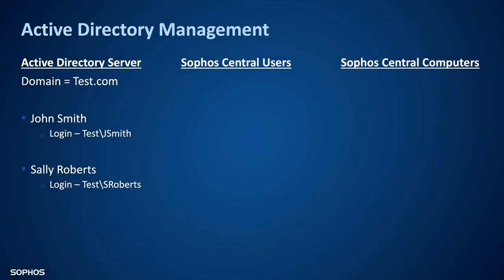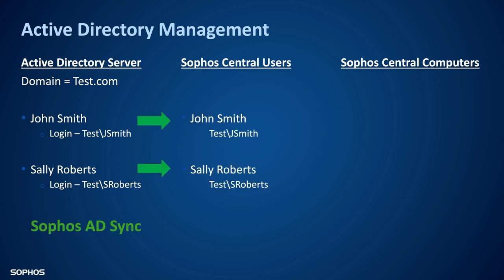Okay, we're going to start with Active Directory management. On the left, I have my Active Directory server. My domain is test.com, and I have my two users, John Smith and Sally Roberts. From here, we're going to install the Sophos AD Sync tool on the Active Directory server. What this is going to do is synchronize John Smith and Sally Roberts into Sophos Central users. It is going to populate their usernames, both their first and last name, as well as their associated logon ID, in this case,